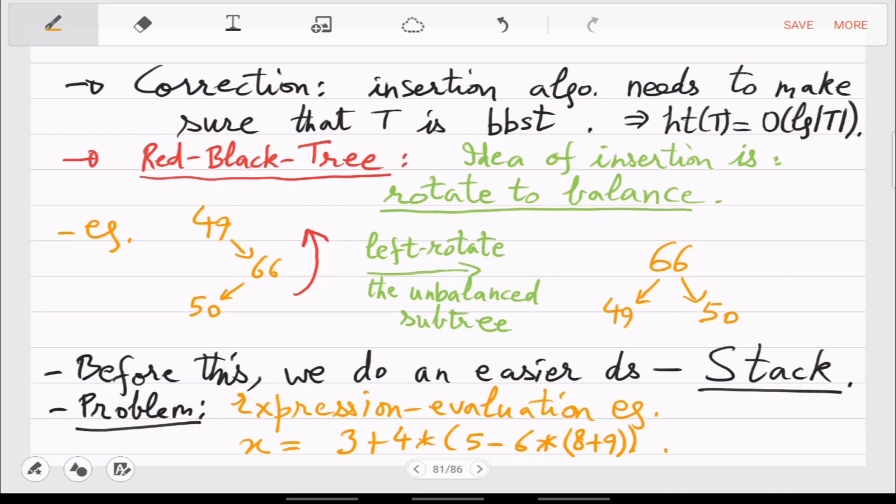You just read in sequence and evaluate the intermediate answer, then the next answer, then the next answer, and the final answer. So, expression evaluation in a single scan. How do you do this? Right, this looks quite difficult in terms of pseudocode. So this is what we will solve.